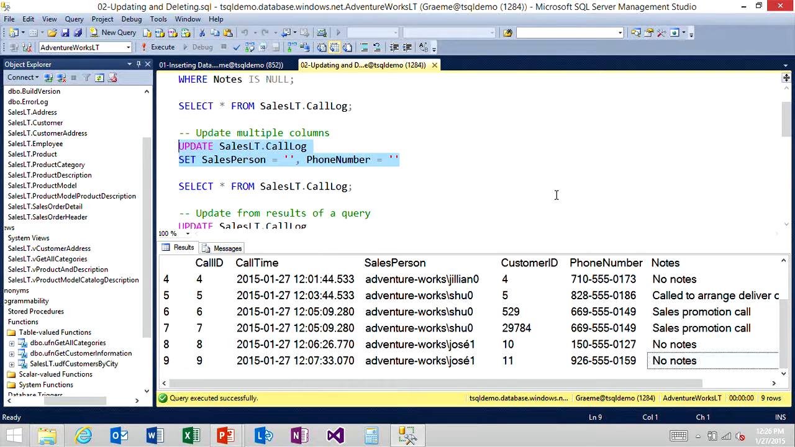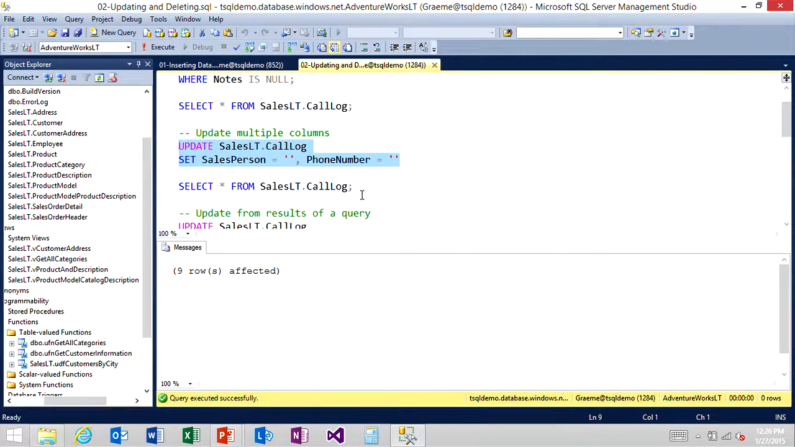So that's fine if we wanted to clear out, we don't want phone numbers or salespeople anymore, but we're not going to have those for anyone. Right, yeah, there's no where clause, so it's going to affect every record. Right, and just to prove the point, because I am that crazy, we'll run it. There were 9 rows affected, and if I now go and have a look at my call log table,